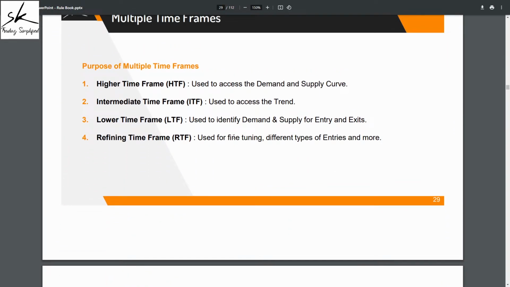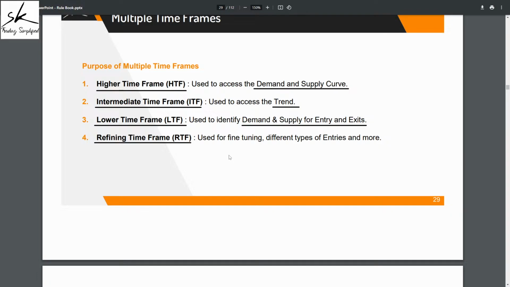What are the multiple time frames we use? We use a minimum of 4 different time frames, and we call them the higher time frame HTF, intermediate time frame ITF, lower time frame LTF, and the refining time frame RTF. Higher time frame is used for demand supply curve analysis, intermediate is used for trend analysis. On the lower time frame, we identify areas of demand and supply for our entries and exits, and the refining